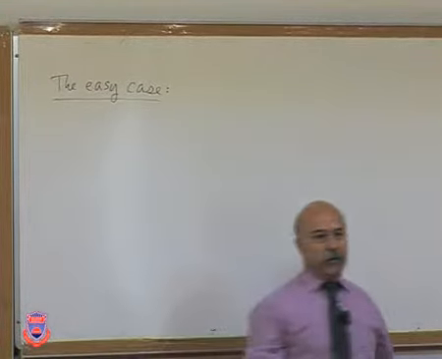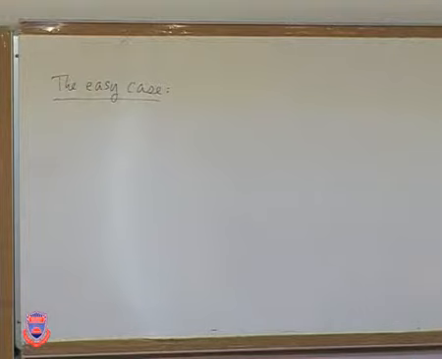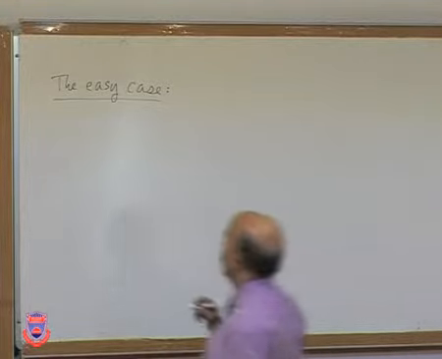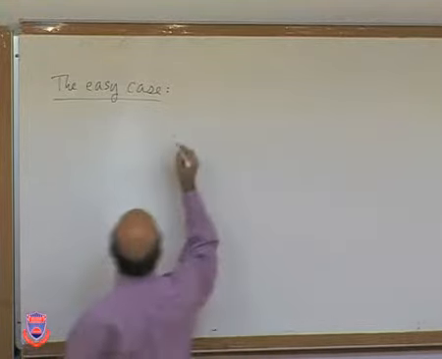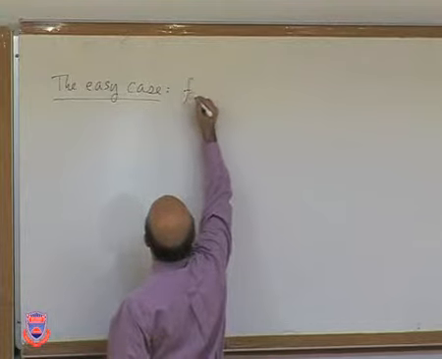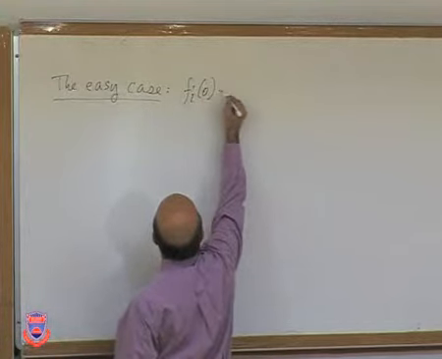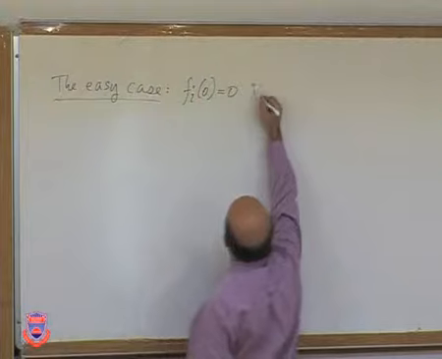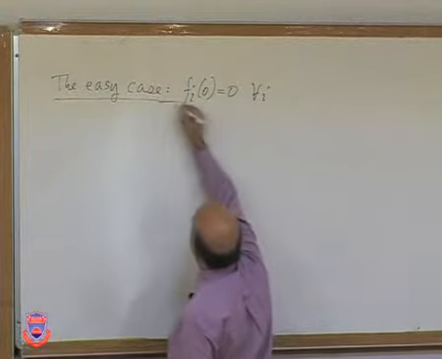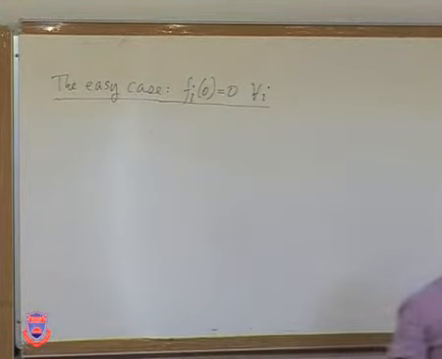I'm going to make a certain assumption which makes the analysis quite straightforward, and then we'll look at the case without that assumption later. So in the easy case, we assume fi of 0 is 0 for every vertex. Okay? That makes the analysis quite